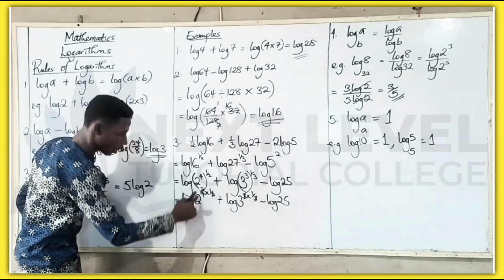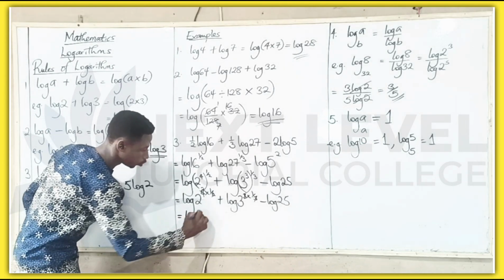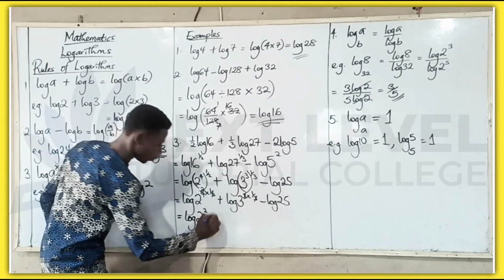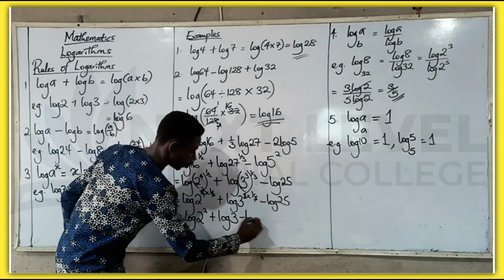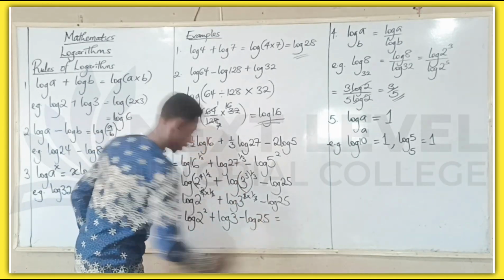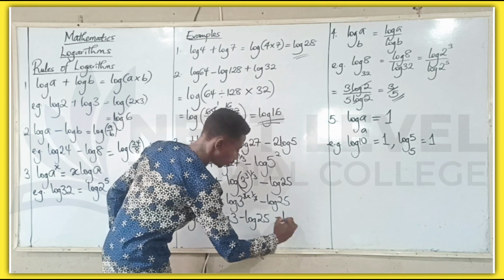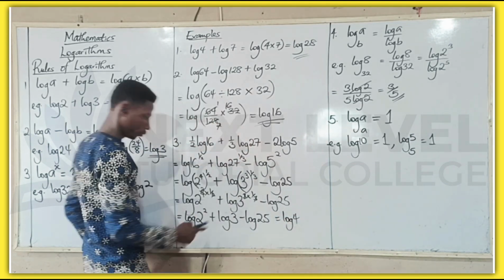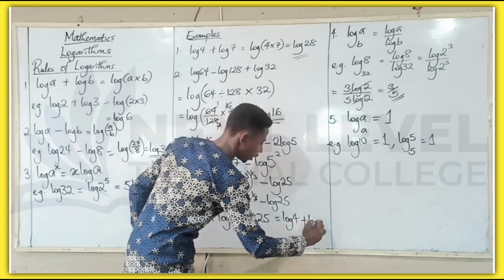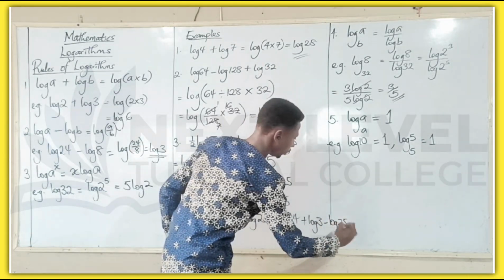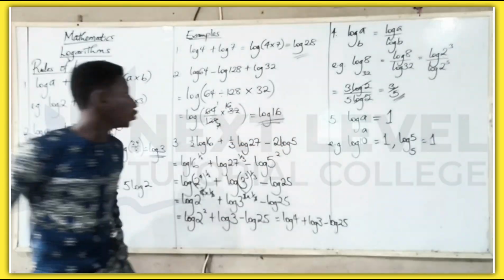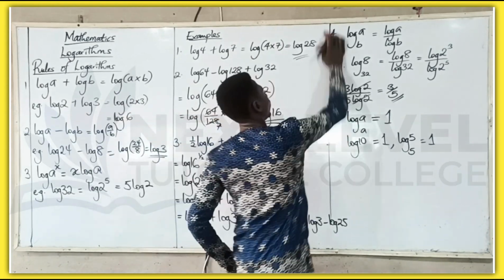So what we have now is log 2 raised to power 2 plus log 3 raised to power 1, that is 3, minus log 25. And 2 raised to power 2 is 4, so we have log 4 plus log 3 minus log 25. So to simplify that further,